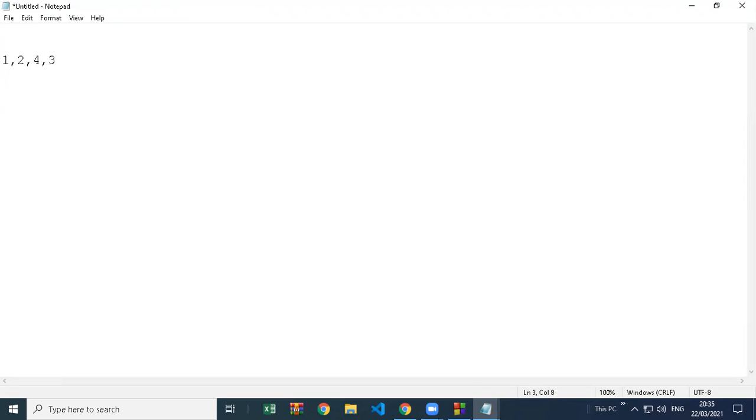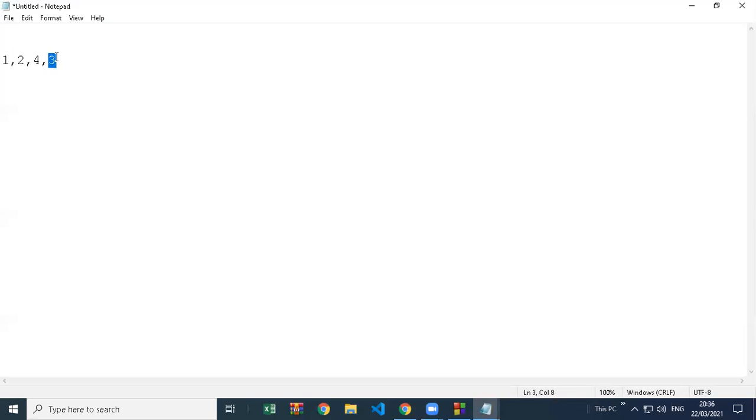Whereas your insertion sort takes a number like 2, then checks with the previous number. Do we have to shift the number? No, because it's less, it's not greater. So we'll take the next key value. Is the previous number greater than this number? It's not again, so we don't have to shift values. We don't have to see the previous numbers also, because those are already checked in the previous iteration. Then we will go here.